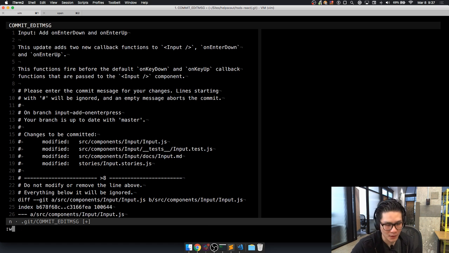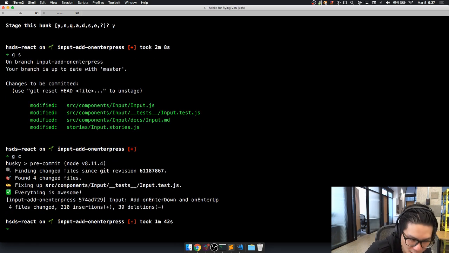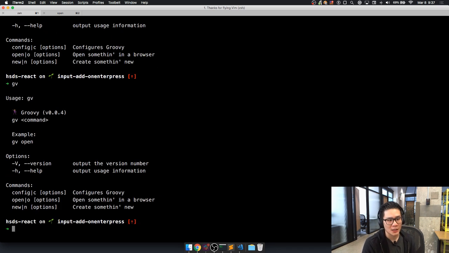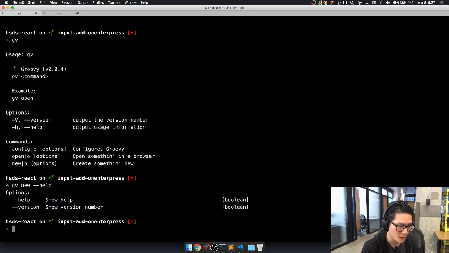I think it's fine. So here's where the magic happens. I have a handy dandy CLI tool that I built called Groovy. So if I type in Groovy or GV, it has a bunch of commands that I can do. New is the one I'm going to show you guys. Oh, I didn't write documentation for it. It's fine. So if I do GV new PR,